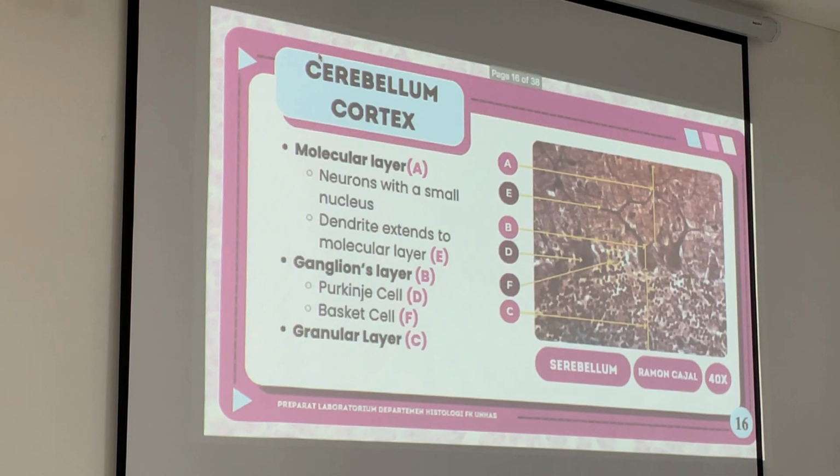We also have the granular layer. You have to mention which granular layer, cerebrum or cerebellum, and in the cerebrum which one, the internal or the external granular layer. Also, this is the Purkinje cell, don't mistake it for the Purkinje fiber. Have you ever passed cardio? Yes. In cardio there's the Purkinje fiber. This is the Purkinje cell. So don't mistake those things, because if you do, it could be wrong. Okay.